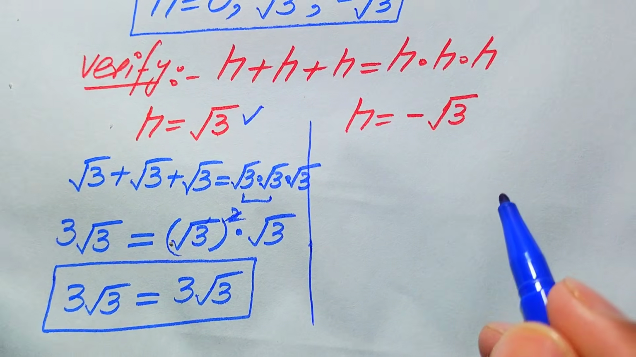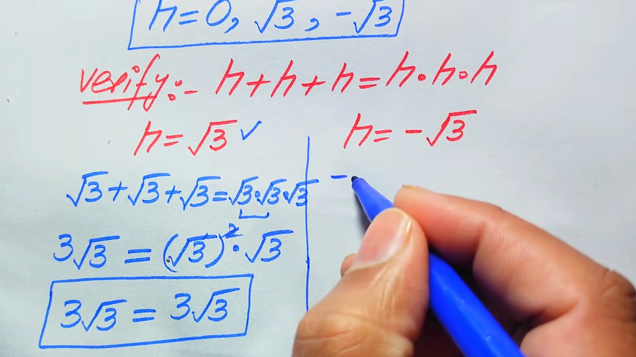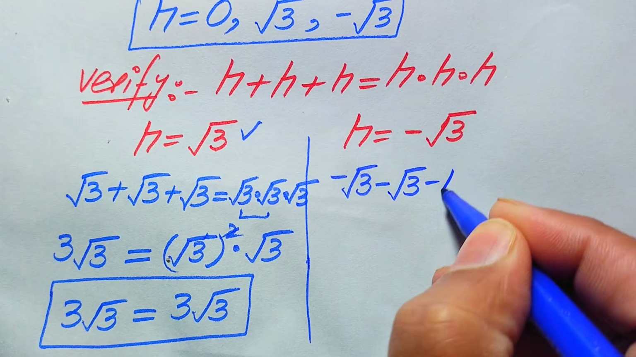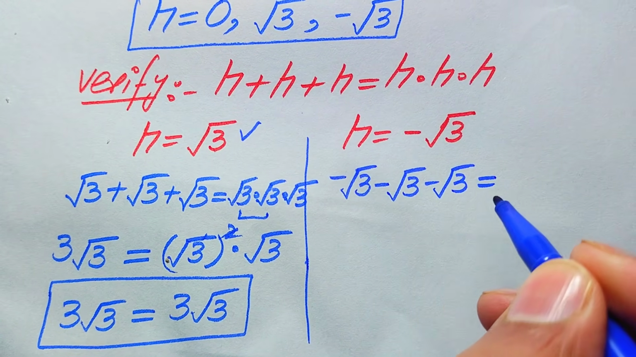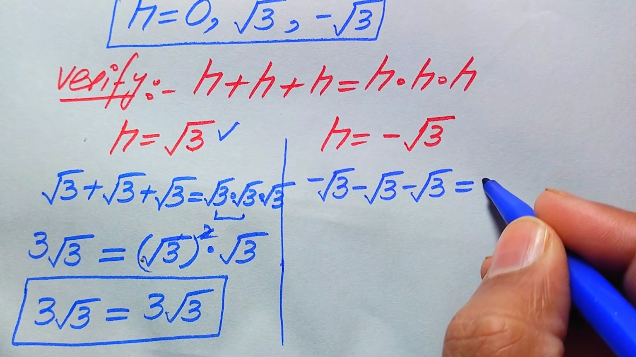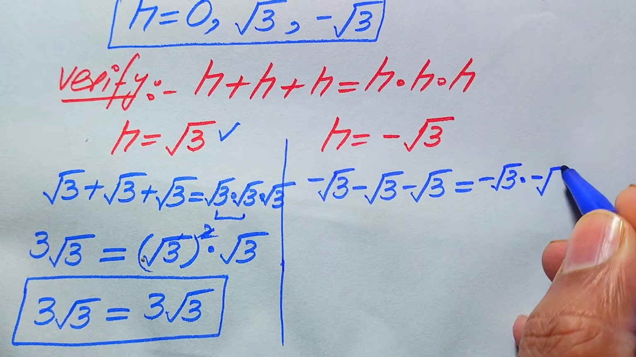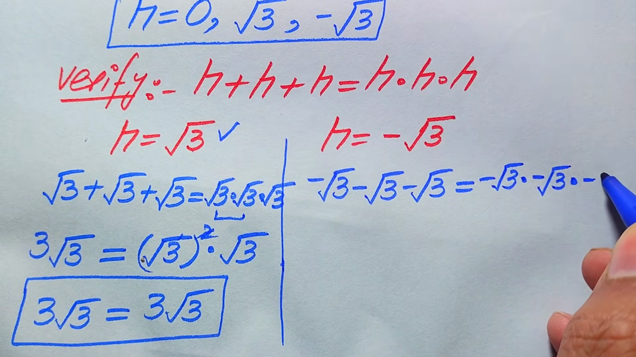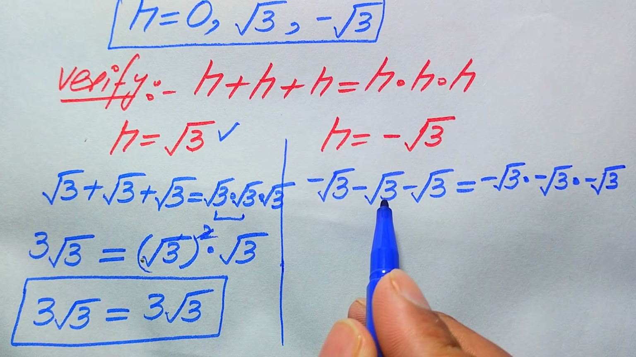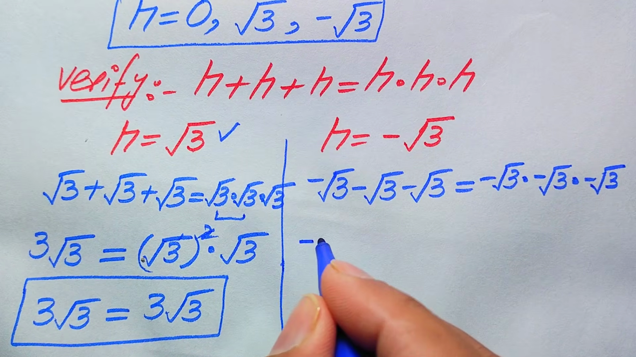And now we verify the second value of h, and we put this value on both of the sides, and it will become minus square root of 3 minus square root of 3 minus square root of 3 is equal to, in the right hand side h is multiplied 3 times, and it will be written as minus square root of 3 multiplied by minus square root of 3 multiplied by minus square root of 3. Here you again see that square root of 3 is subtracted 3 times, and we write it as